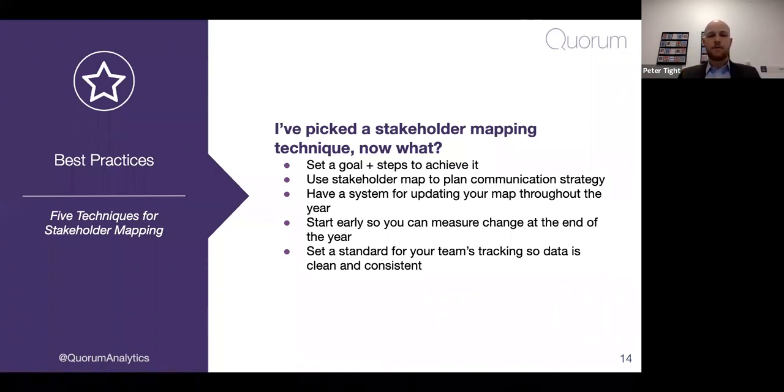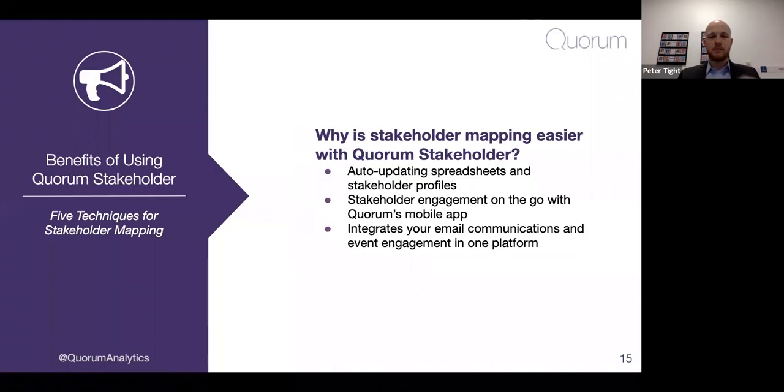So before we start Q&A, I want to talk really briefly about some of the ways that Quorum can make your stakeholder mapping easy. We've covered some of this throughout the presentation, but obviously these auto-updating spreadsheets are going to be perfect to manage your workflow, and then also to send up to folks that maybe aren't directly in your organization, maybe senior level executives, and sending them a report out on all the work we've had in a particular quarter, all of the work we've done on a particular issue, and that's going to be really compelling